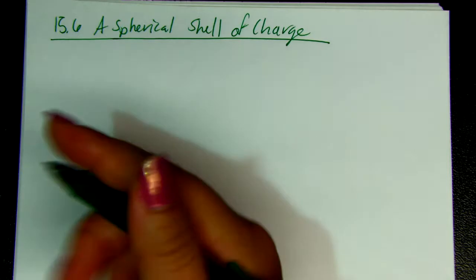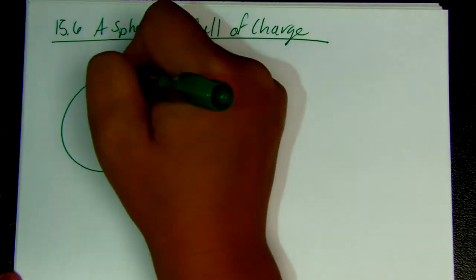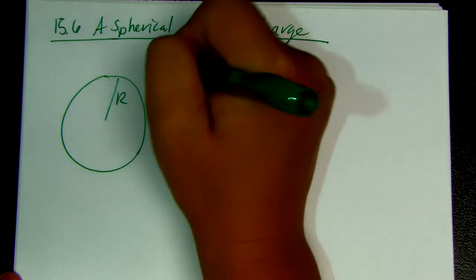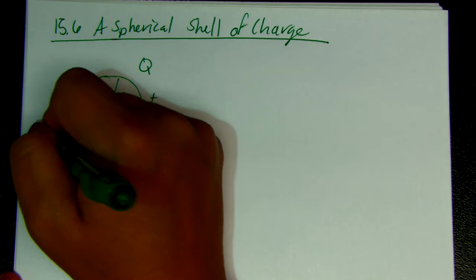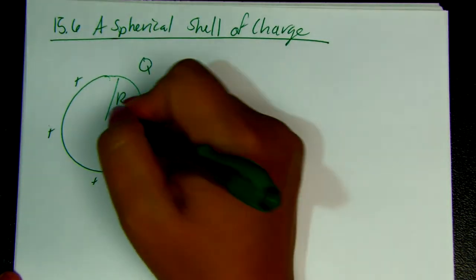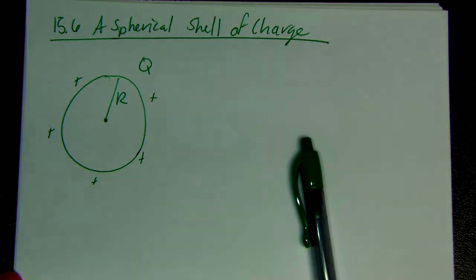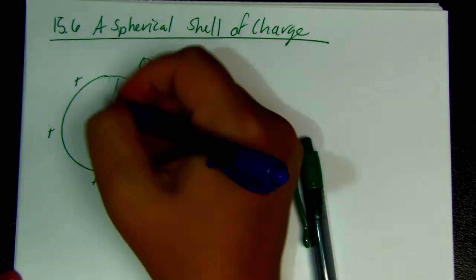bit more detail. So if we've got a spherical shell of charge with radius r, and it would have charge q, make it positive, why not? So you would have r would be the radius, and we could be observing inside the sphere, or we could be observing